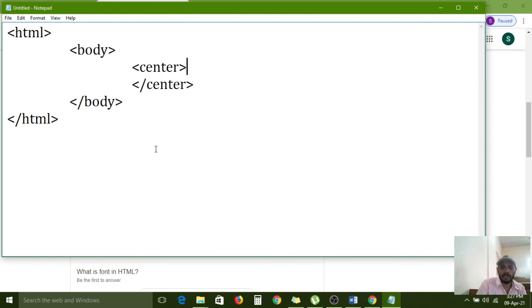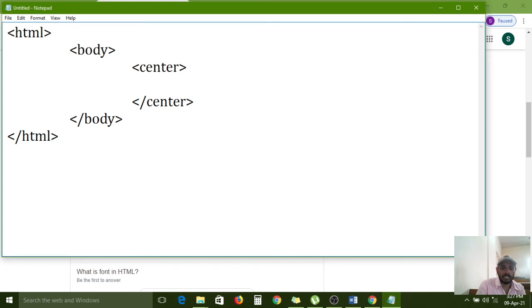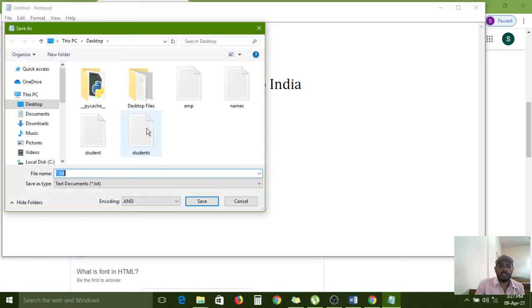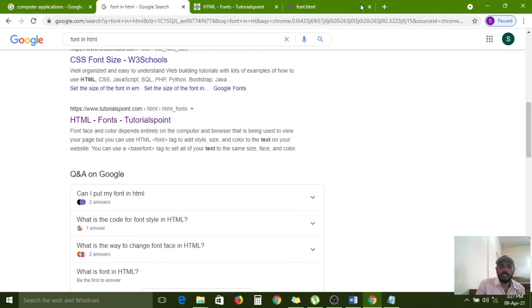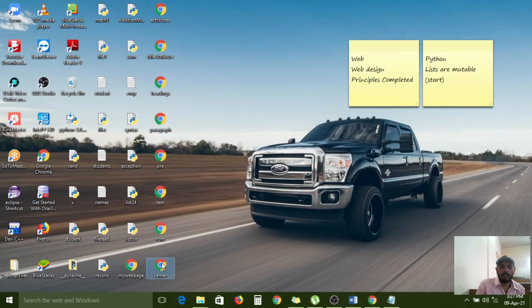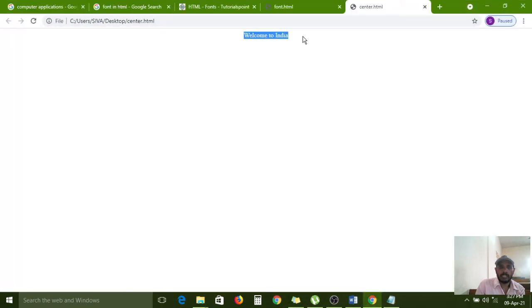With the center tag, the complete text content can be in the center format. Welcome to India, this is the message. Saving as cntr.html. Now executing this one. It is in the center position. So like that, the center tag we can use.